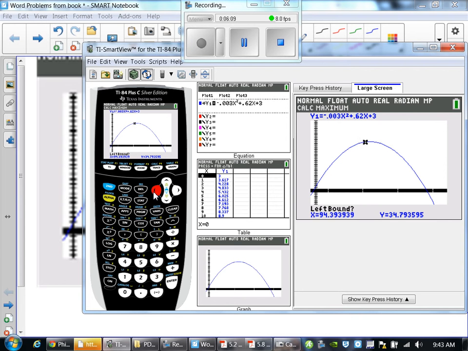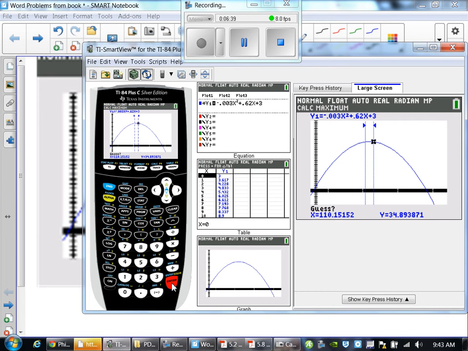Remember how we did left bound, right bound last week? No? Okay. When I'm looking at this left boundary, right boundary, when we have this curve, I'm going to move my cursor to the left of where it looks like the maximum value is occurring, and then I'll move my cursor to the right of where the maximum value is occurring, and then hit enter a couple times. So I'm going to say my left bound is about there, and hit enter. Then it automatically is asking me where's my right boundary. Well, I'll just move it to the right a few,